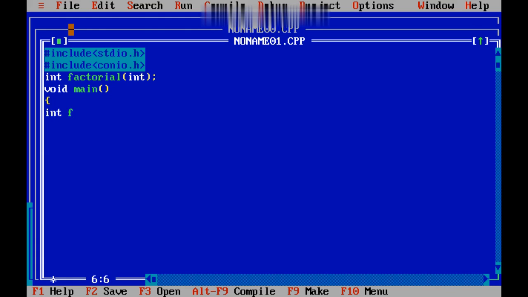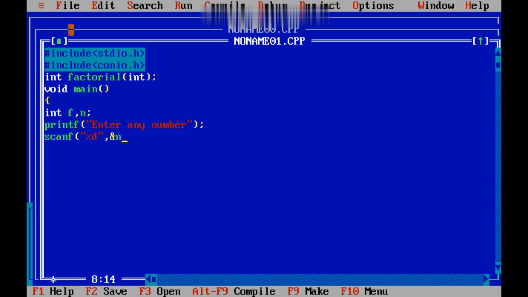Integer, I am just using f and n. So printf, enter any number to which you want to perform the factorial. Scanf, read the values, %d, comma, address of n.